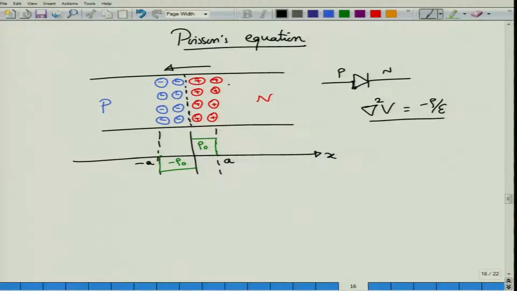Now you can't have this situation of uncovered, immobile charges everywhere in the PN junction bar. It will actually happen over a very small region at the center of the junction. Let us consider for now that both the P type region and the N type region are doped sufficiently equally, such that the width of the space charge region, as we would call it, is A in the N region, and the same A in the P region as well.